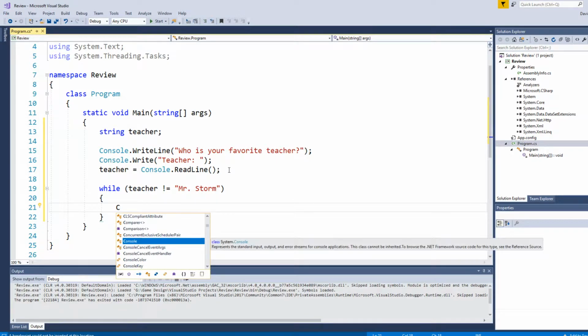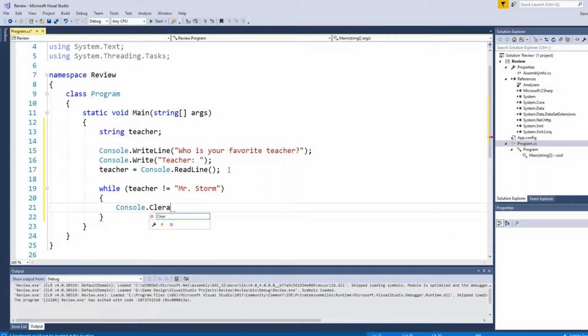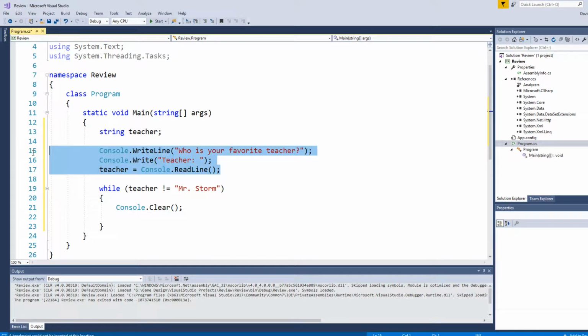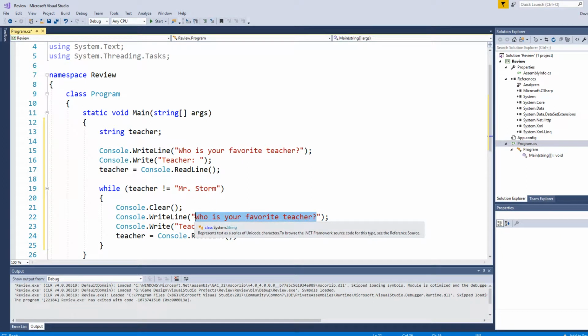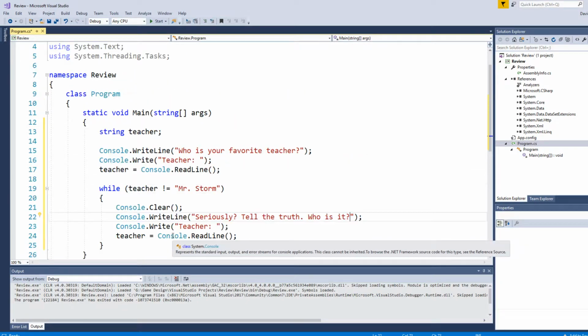First, we're going to console.clear the screen, and then we're going to give them another opportunity to enter in their teacher name. Seriously? Tell the truth. Who is it? Okay. We're going to give them the opportunity to type in who their